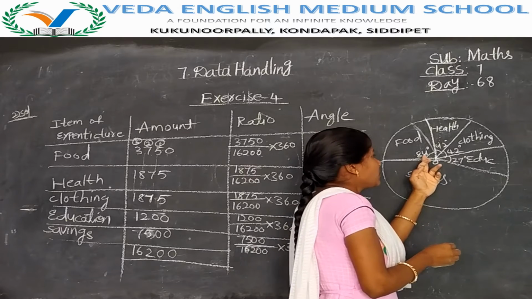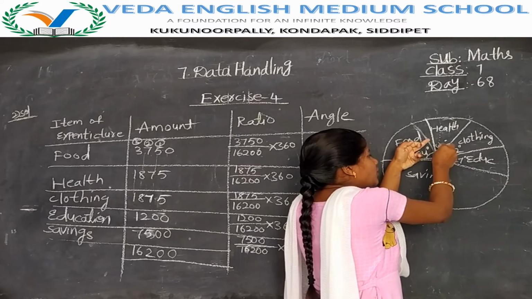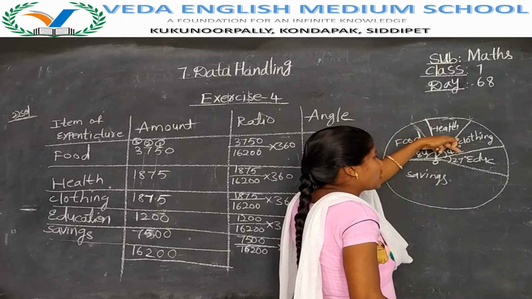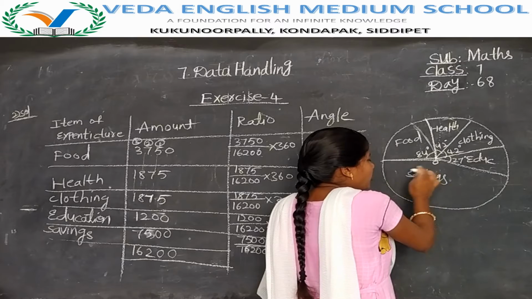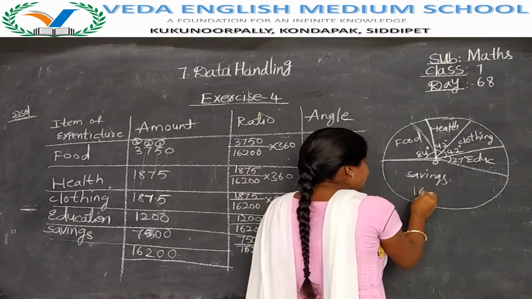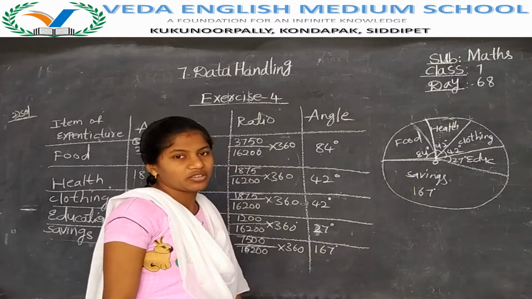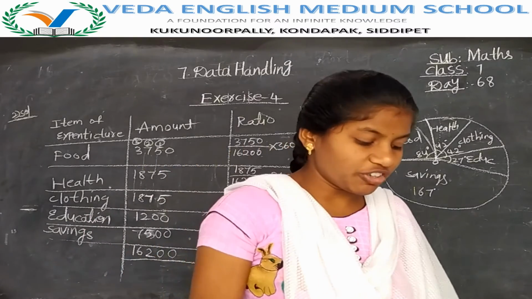Then after drawing 84 degrees, again keep your protractor here, measure 42 degrees. Then afterwards keep your protractor here, measure 42 degrees. Keep your protractor here, measure 27 degrees. Then the remaining part is savings, that is 167 degrees. Like this you have to measure and you have to draw the pie chart. It is called a pie chart. Understand? Then third question is